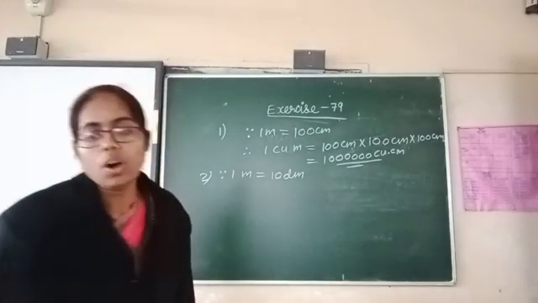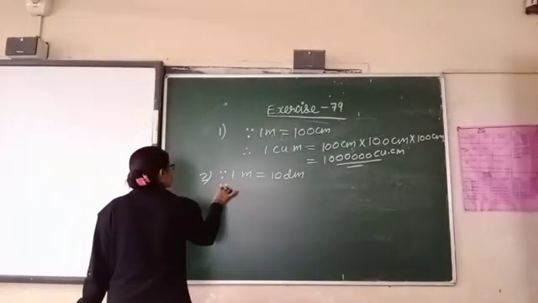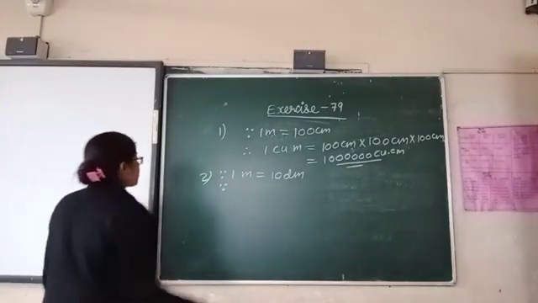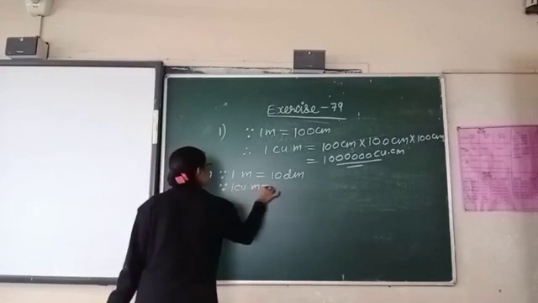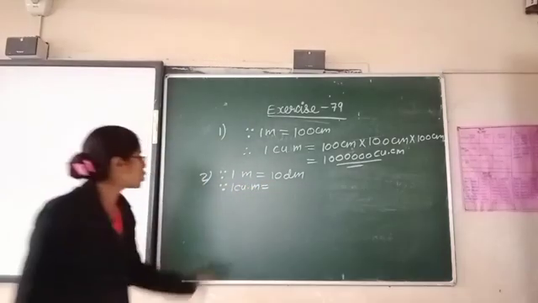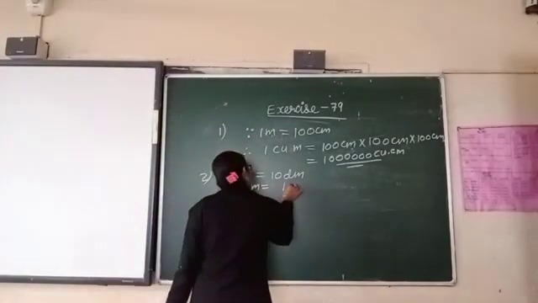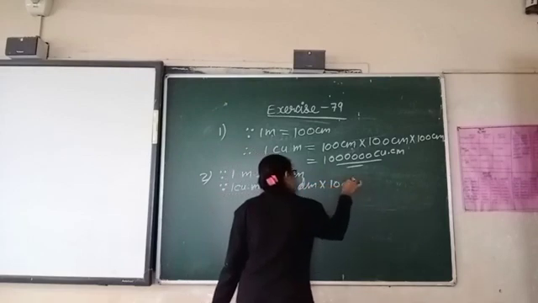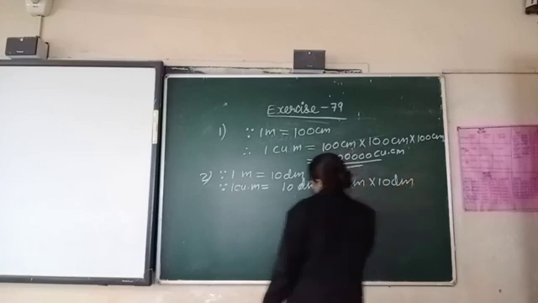So what do we have to find? We have to find 1 cubic meter equals what? So, cubic meter is there. Cube means multiply 3 times. So we have to multiply 10 decimeter into 10 decimeter into 10 decimeter. What are we going to get? 1